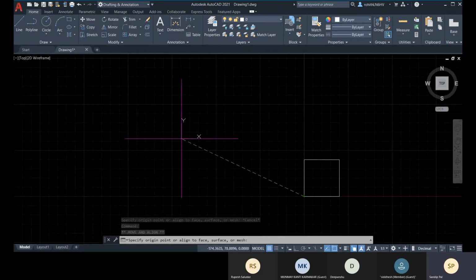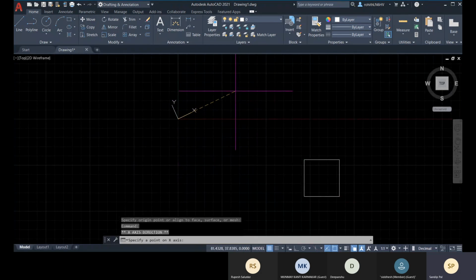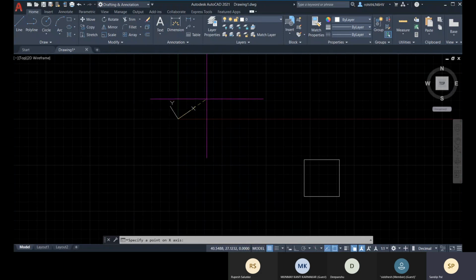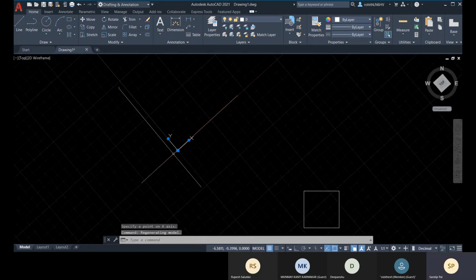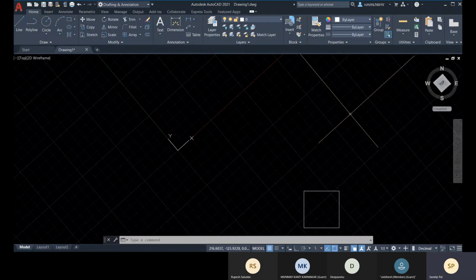I'll be placing it at any random location, and then I'll change the x-axis direction, and the y-axis will be perpendicular, or 90 degrees, to the x-axis, and the z-axis will be perpendicular to both axes. So right now this is my UCS, and there you can see these. Okay, there you can see, right?